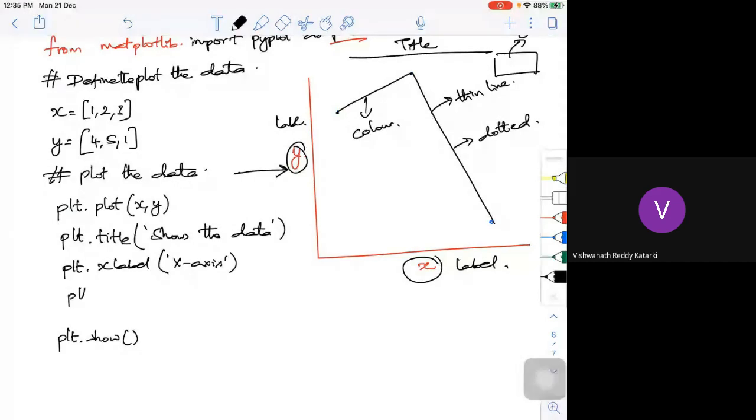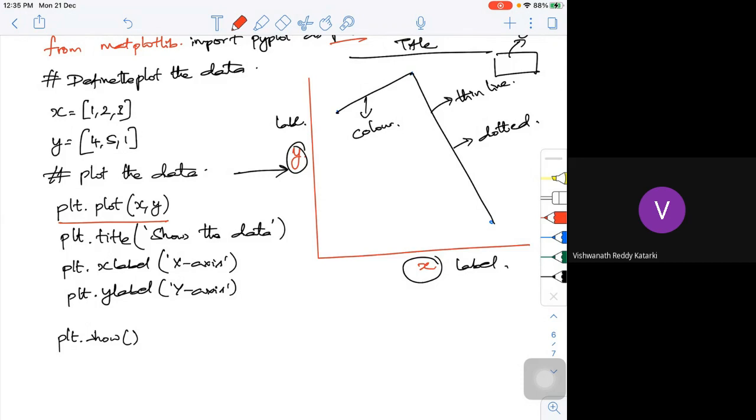Then plt dot ylabel, this is Y axis. Then if I want to show the legend, what should I do? You have a legend option also. You can show the legend option. So this is the basic thing we have.